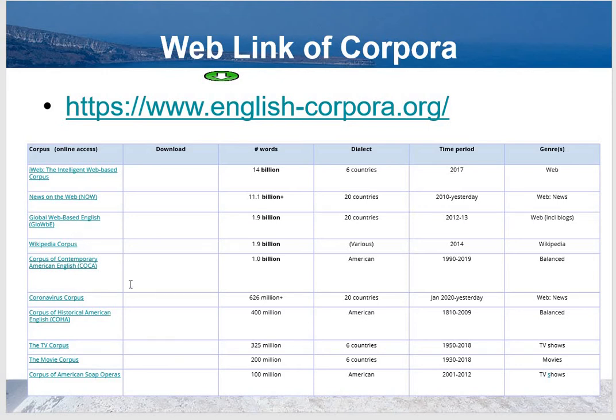Wikipedia corpus. Corpus of Contemporary American English. This is very famous. Coronavirus corpus. This was a new variety which started after the advent of coronavirus. Corpus of Historical American English. The TV corpus, the movie corpus. Corpus of American soap operas. Suppose a person is writing stories in which emotions and feelings are delineated, so that person can benefit from the movie corpus. If you look at their words: 14 billion,